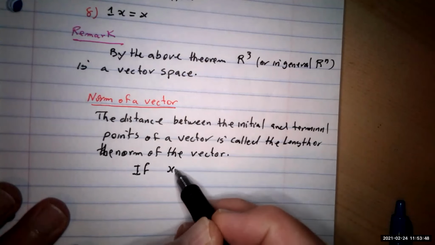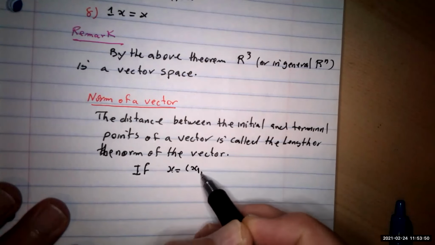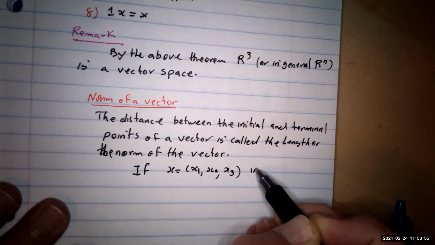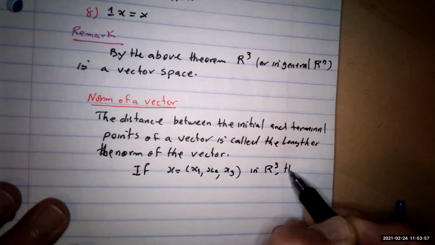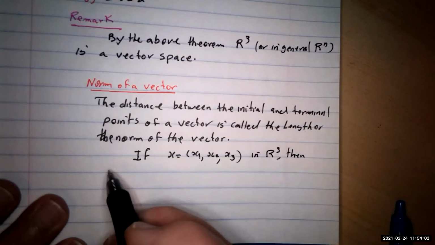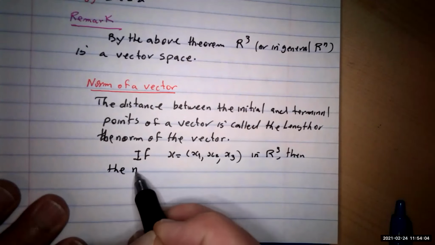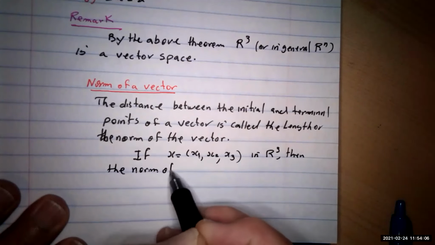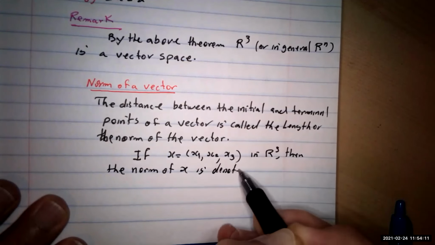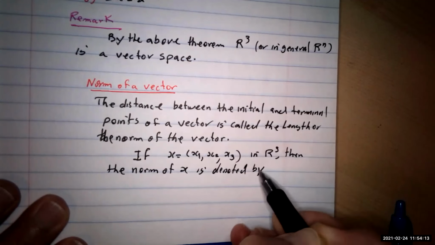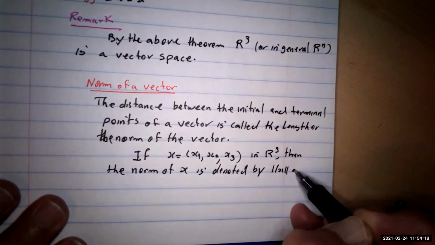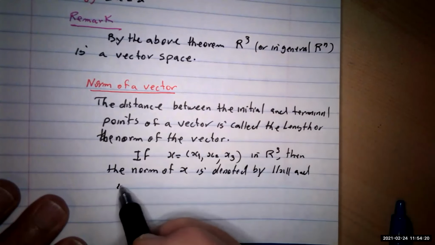If the vector x is going to be equal to, let's say, (x1, x2, x3) in R3, then the norm of x is going to be denoted by norm x. This is a notation, and it is defined by